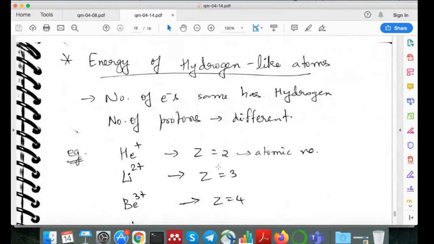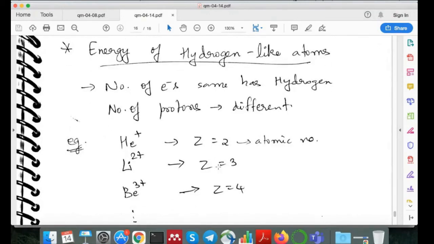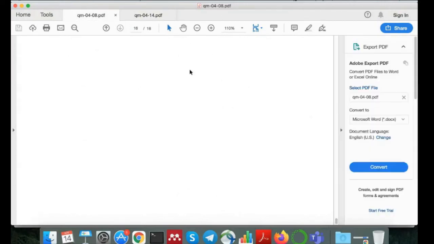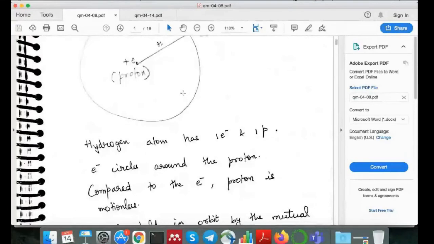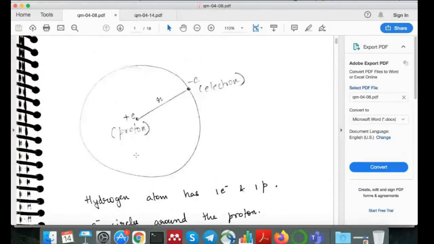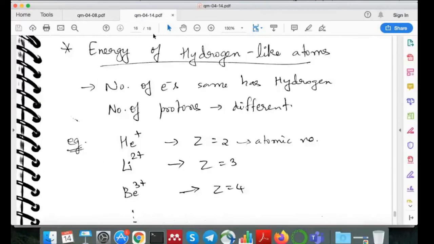All right. So finally, one last thing before I end this lecture today. Okay, so we have so far seen the energy of the hydrogen atom. We have always looked at the hydrogen atom, but we can use the same kind of approach for hydrogen-like atoms also. What are hydrogen-like atoms? Hydrogen-like atoms are atoms which have one electron. They may have more protons, but they only have one electron.